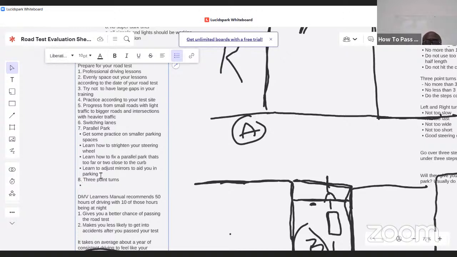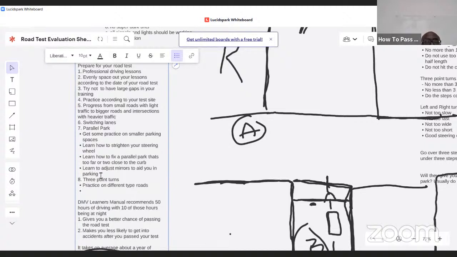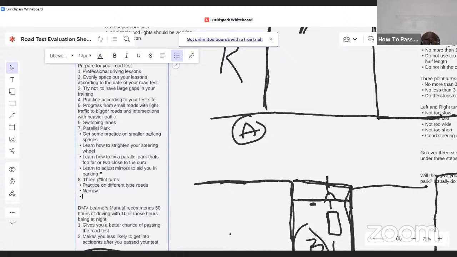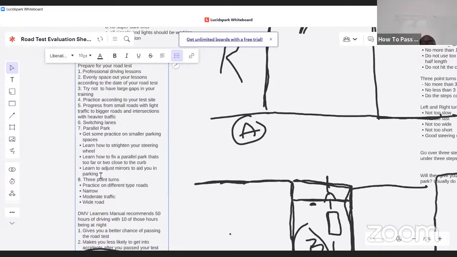Practice on a road where you don't have a lot of space. It's a relatively narrow road. Practice on a road that has moderate traffic, and practice on a really wide road. And the reason why you want to do this in these situations is because